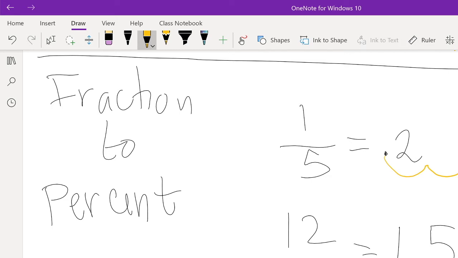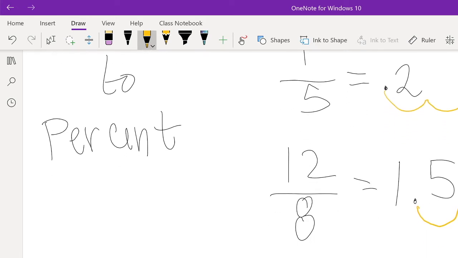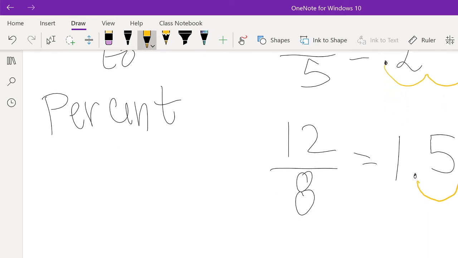All right, and that gets us to the percent. So now we can work interchangeably from one form to another, whether it's from fraction to percent, from percent to fraction, or any other iteration, decimal to percent, percent to decimal. Okay, so now let's take a look here, and let me bring up the definition